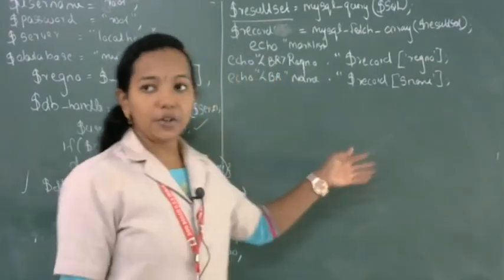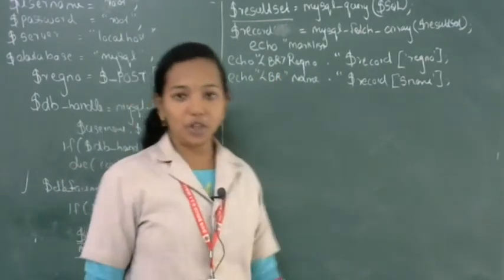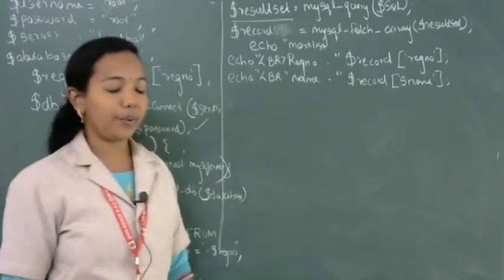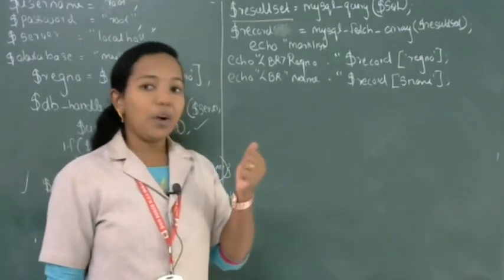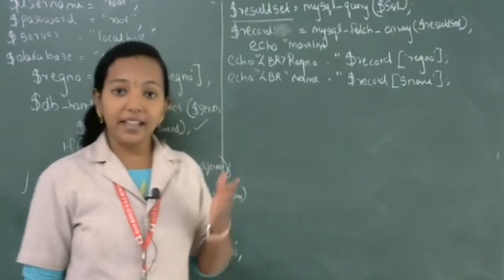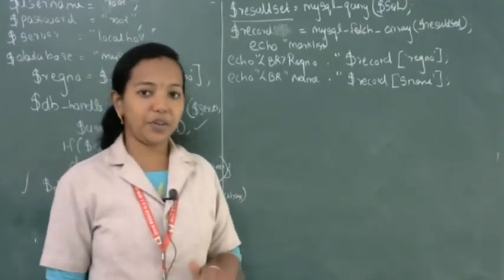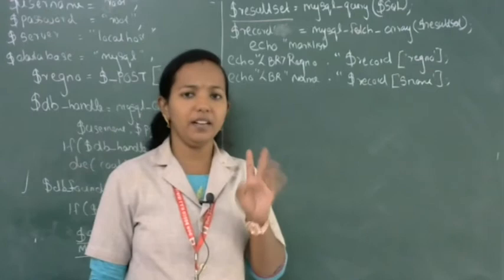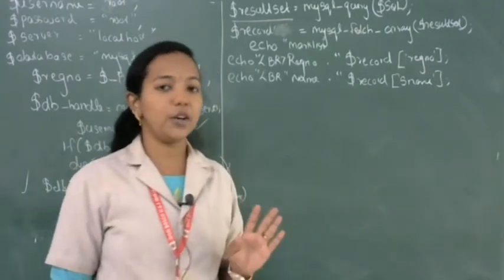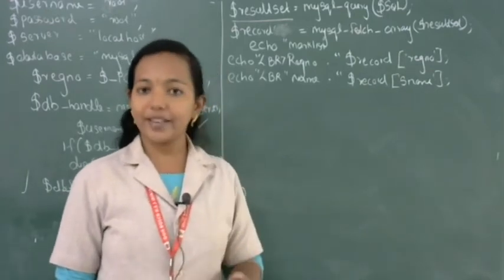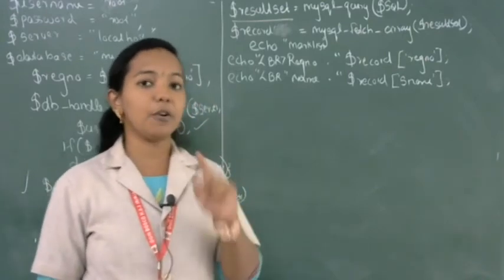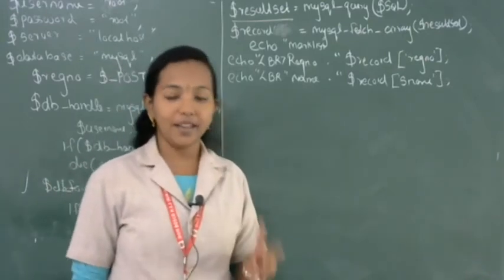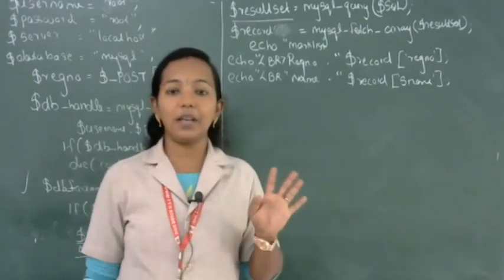Mark 1, Mark 2, Mark 3, those 3 subjects will come. It's relating to the same program. One point is this: with echo, we are going to print the name and also the register number of a student. Only those 2 I am going to print, the others I am not going to print. That is in your textbook, you can refer. It's not compulsory. I am going to print only 2 pieces of information, the register number of a student and the name of the student.